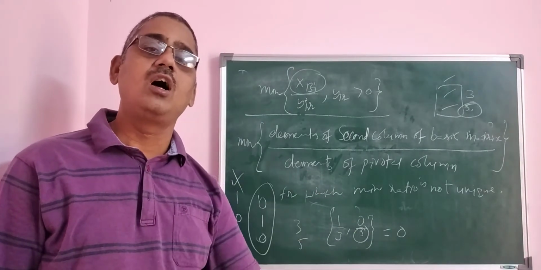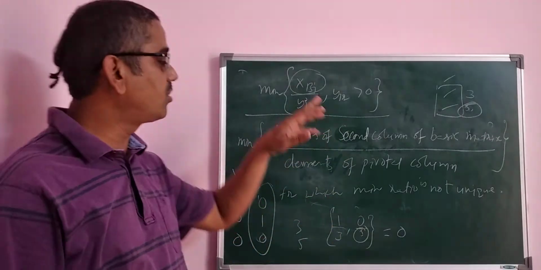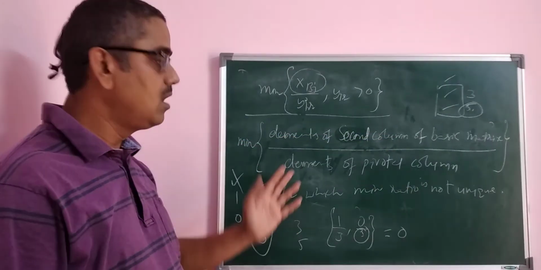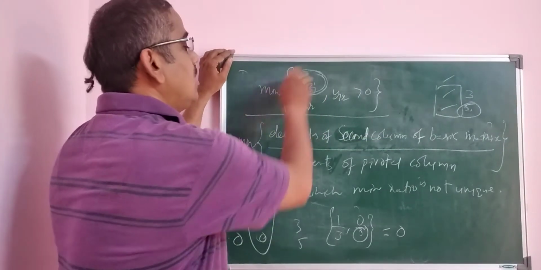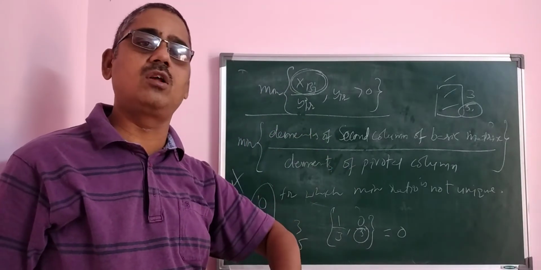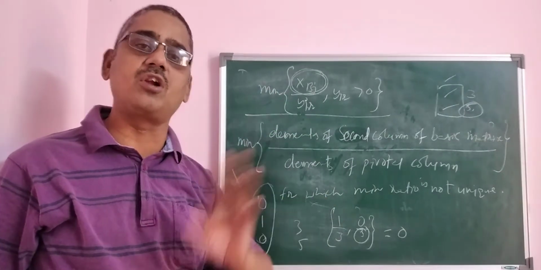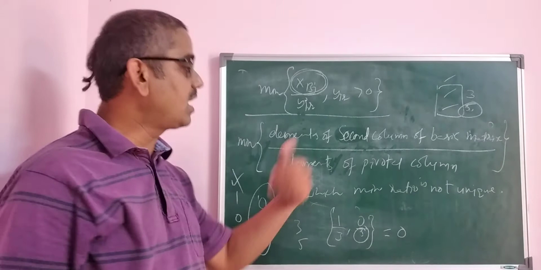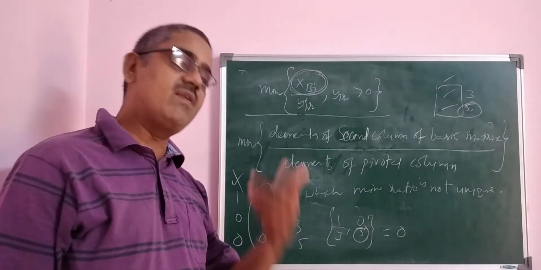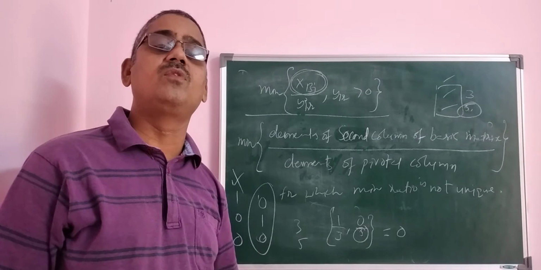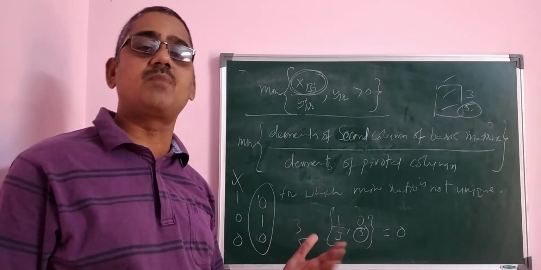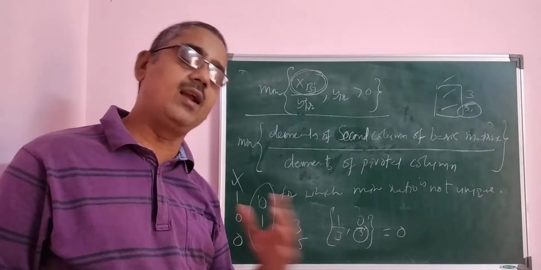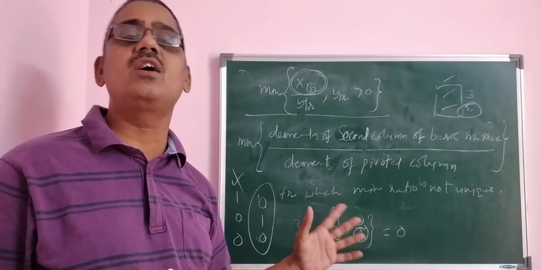This is the way you have to consider it. You do the procedure by first taking the first column of the basis matrix for the ratio, instead of x_B by the pivotal column elements. If the minimum ratio is not unique, then go and consider the second column of the basis matrix. If it is still not resolved, then consider the third one. Like that you have to continue until the degeneracy problem is resolved. Definitely it will be resolved.